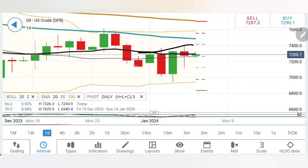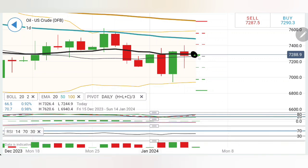See, preceding few candles, higher highs, lower lows. Yesterday's candle was a swing candle. It has opened low and it is trying to bounce back. Certainly the 20 period moving average and the median of the Bollinger Bands are giving it resistance. On the upside, we know 74, 74.2 is a greater resistance, above which we will look forward to 74.8 and 75. Remember, it can give you a similar size of candle here. What we have seen here can get replicated here, which can take the prices in fact towards 75, 76 levels